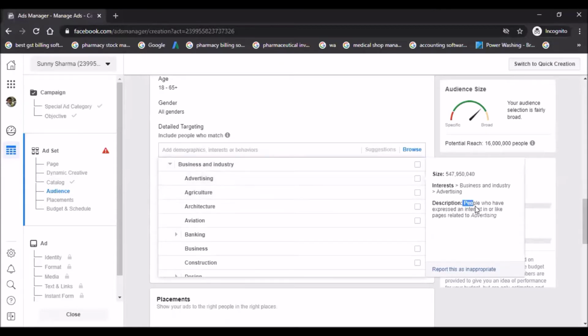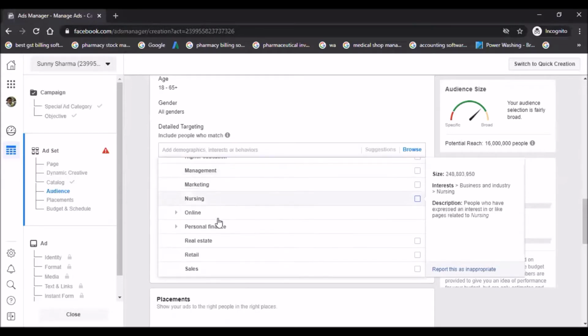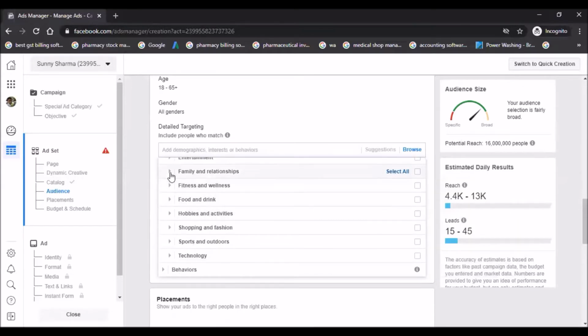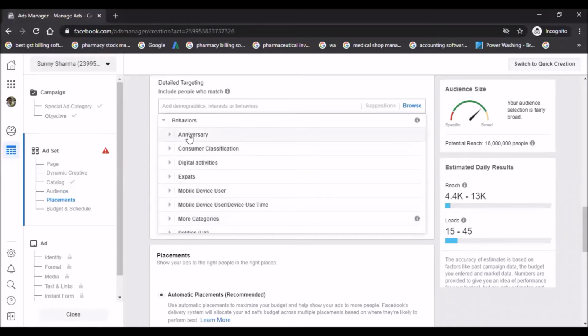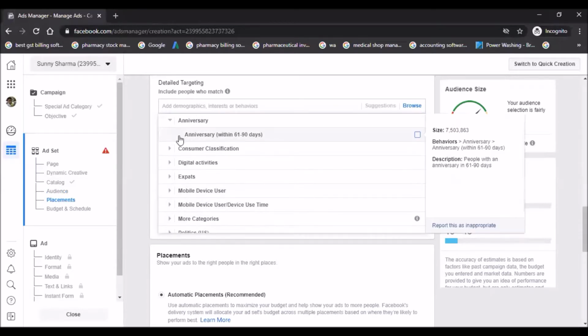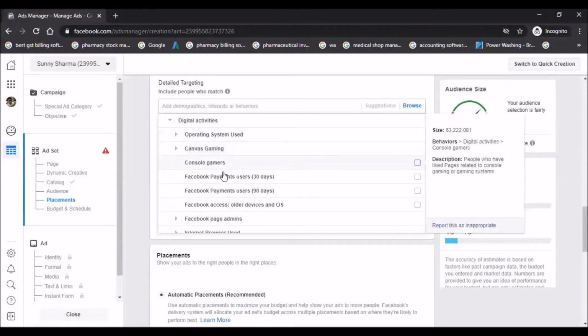Here in Facebook there are several pages which are related to advertising, banking, business, and many more things. So you can choose any category based on the leads you want to get, based on the audience you want to select. Fine, there are many more options, based on their behavior you can select.